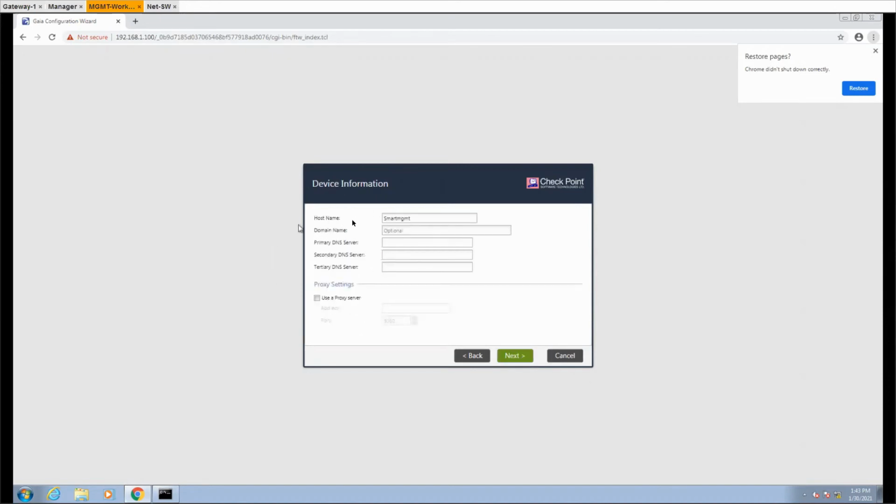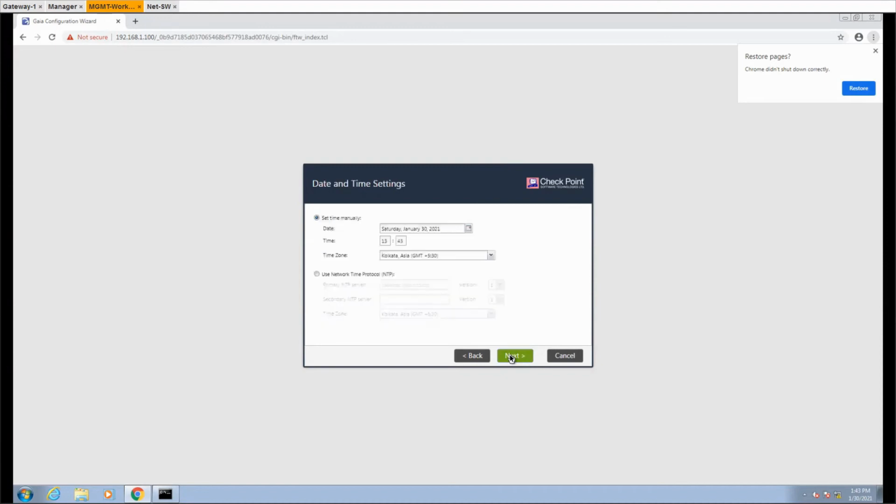And then we have the option to configure host name, domain name, primary and secondary DNS. We can do it right now, or configure later. If we want to configure any proxy settings, we can configure proxy settings as well, in order to allow internet access to this management device. So I'm just going to keep it default, not going to configure any proxy or domain name right now.